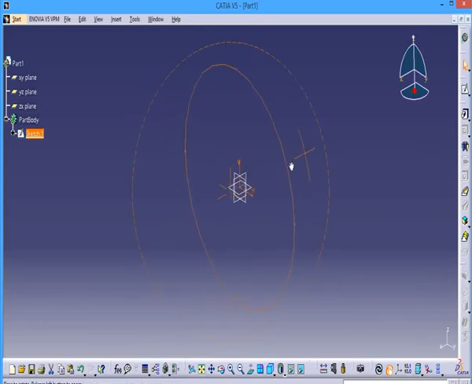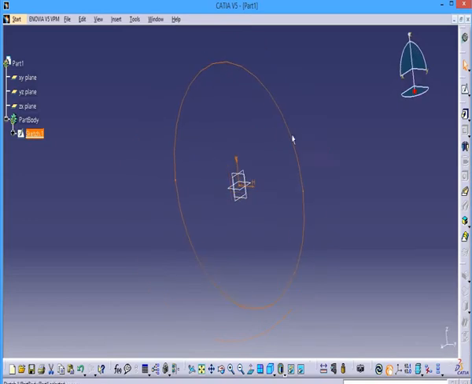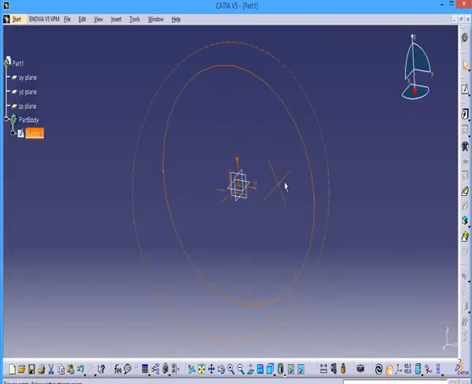So look at this sketch. It is on the plane which I clicked, and it is parallel to that plane. So I just want to create this 2D into 3D. As I said at the start of the video, the activities where you create some sketch come under this specification tree. So the sketch came under this.